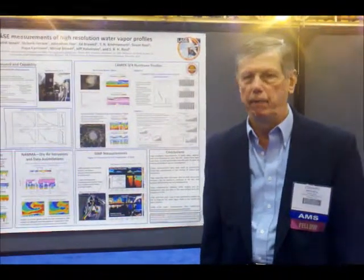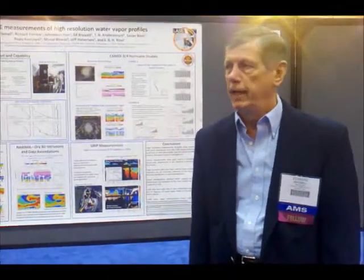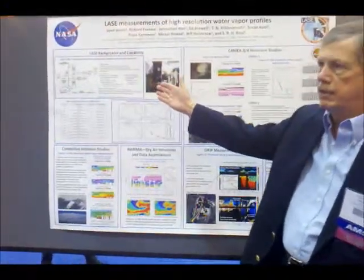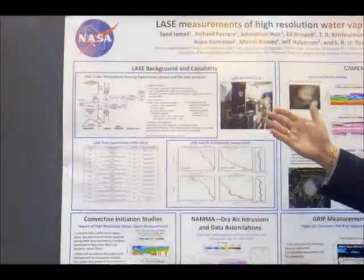I'm from the NASA Langley Research Center, and I've been the principal investigator on developing a laser remote sensing instrument for measuring water vapor profiles and aerosols and clouds, primarily from aircraft. And this poster deals with the application of this instrument flying on a number of different aircraft over the last